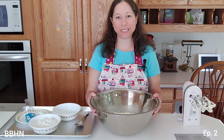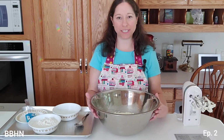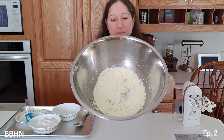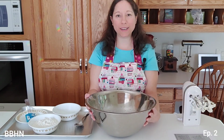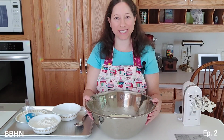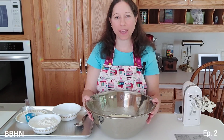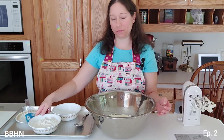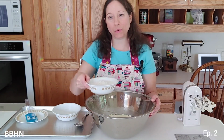I finished mixing my butter and powdered sugar together, and this is what it looks like. It looks really nice. It actually looks like cake frosting. I kind of just want to take a taste. It looks really good. And the next step is to mix 1.5 cups of flour in with the butter and